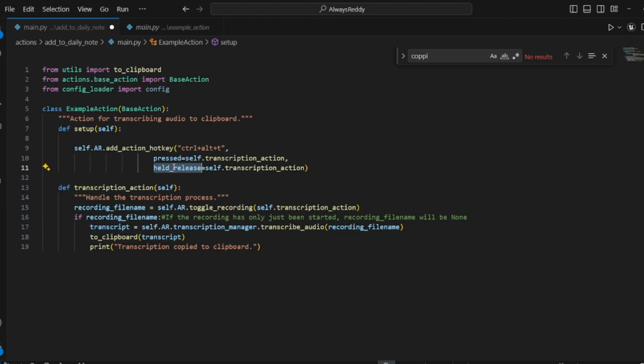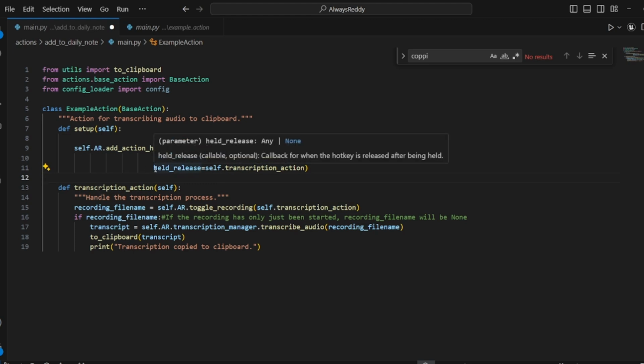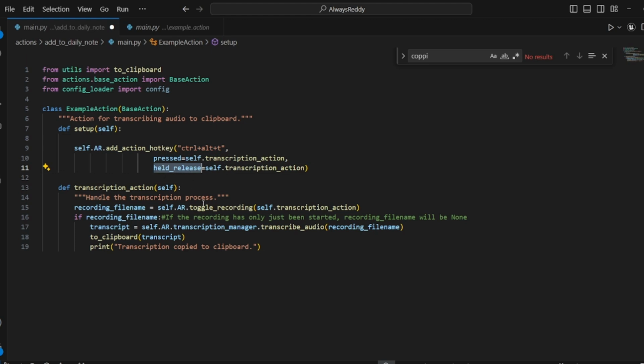One note on the held release system here. If a key is held for long enough, it will fire a held event, and if it's released after being held for long enough, it will fire the held release instead of just the regular release. So if we press down the hotkey and hold it, when it's first pressed, it will run this function and start the recording,